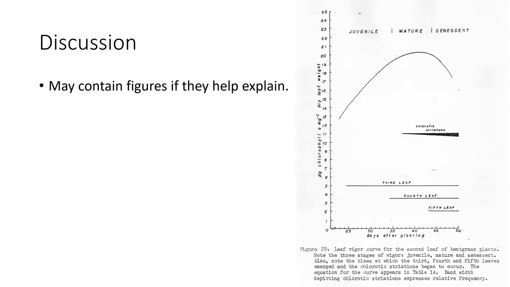So we're looking at the second leaf. We're looking at the juvenile stage, the mature stage, the senescent stage. It shows when the 3rd leaf started to come out, when the 4th leaf started to come out, when the 5th leaf started to come out. And then you look at the striations, and it shows that striations increased over time between these days after planting. We're talking about explaining what we had in relationship to what was already observed. So this goes back to wisdom. It shows that you looked at it, you thought about it, and you came out with something that became important.